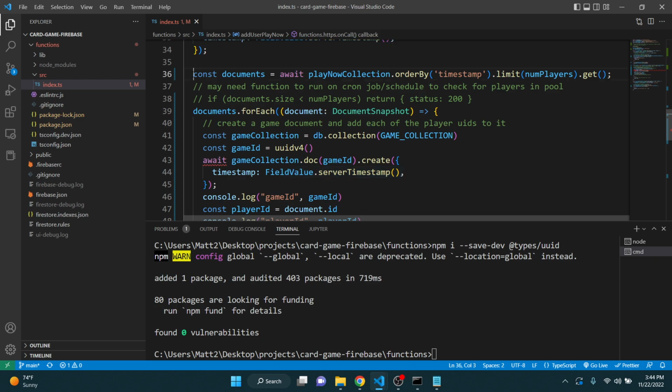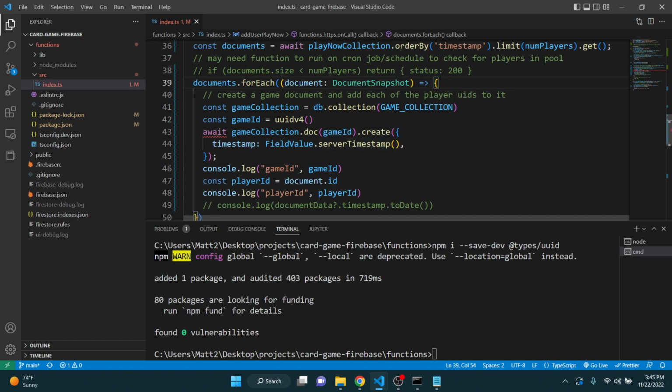And then, at the same time, it will check to see if there are enough documents in there, which represent players in the pool, to start a game for that particular pool that they joined, based on the num players, 2 or 4. I have to comment this out right now because I'm testing and I don't have enough players. If there are not enough players, it'll just return from this function, and you join the pool, everything's good. If there are enough players, so it gets past this if statement, then it will